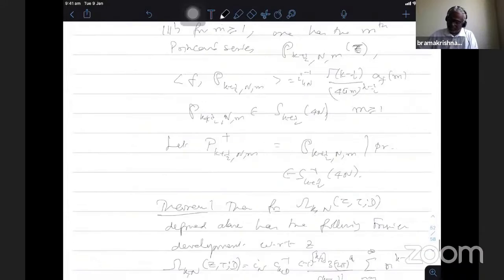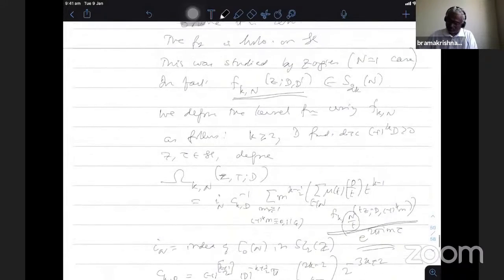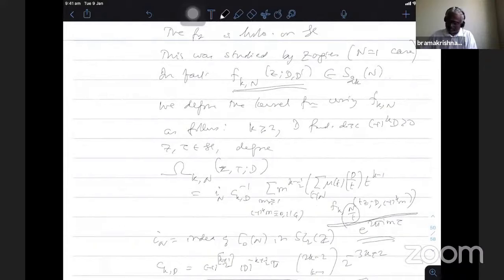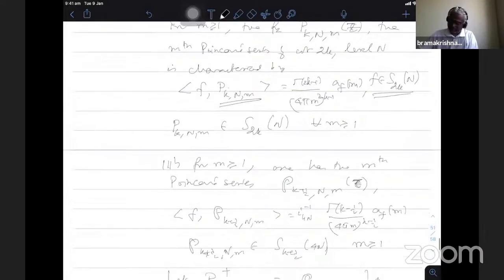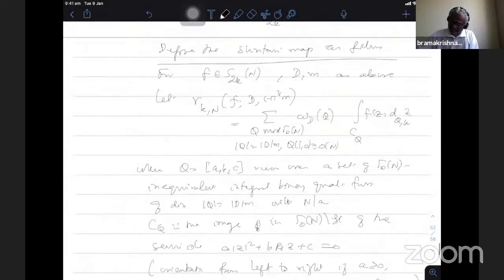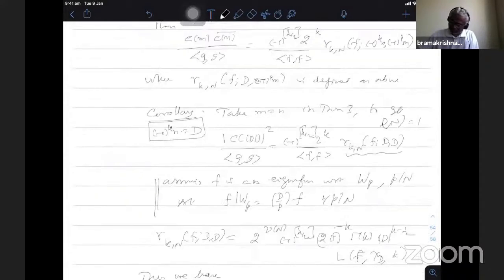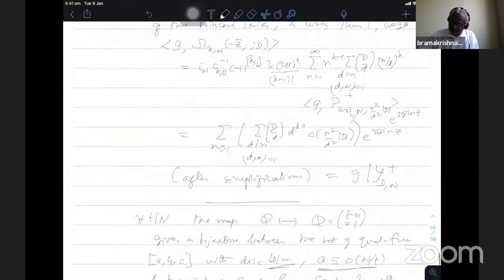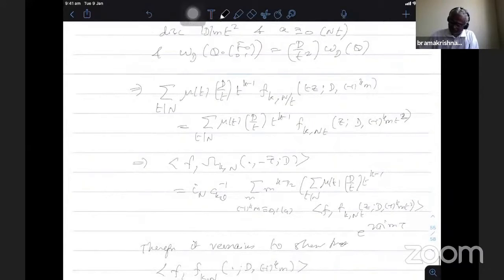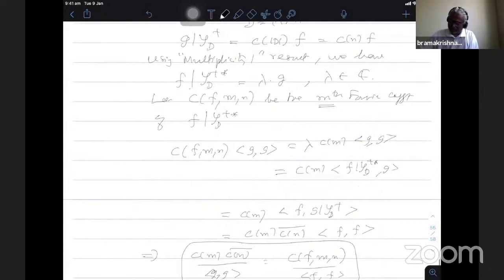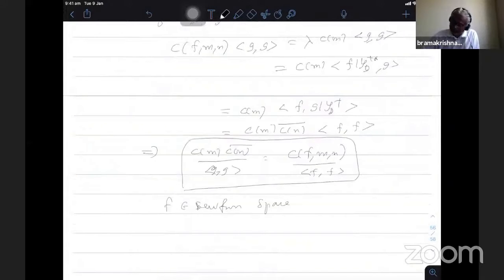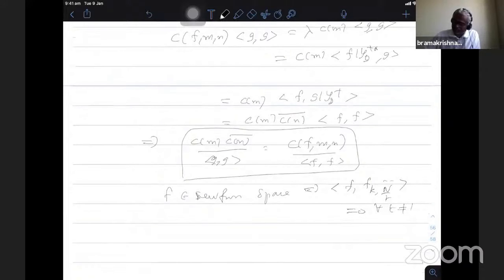Okay, therefore, when I come to compute the mth coefficient in this one, it is exactly this constant. The t summation will not be there. I have to put t equal to 1 and get it. So rewrite it. This implies. Now for that I need to use the fact that f is a new form. Therefore, the inner product of f comma f k n by t function is 0 for all t not equal to 1. So therefore, when t equal to 1 only this inner product survives.